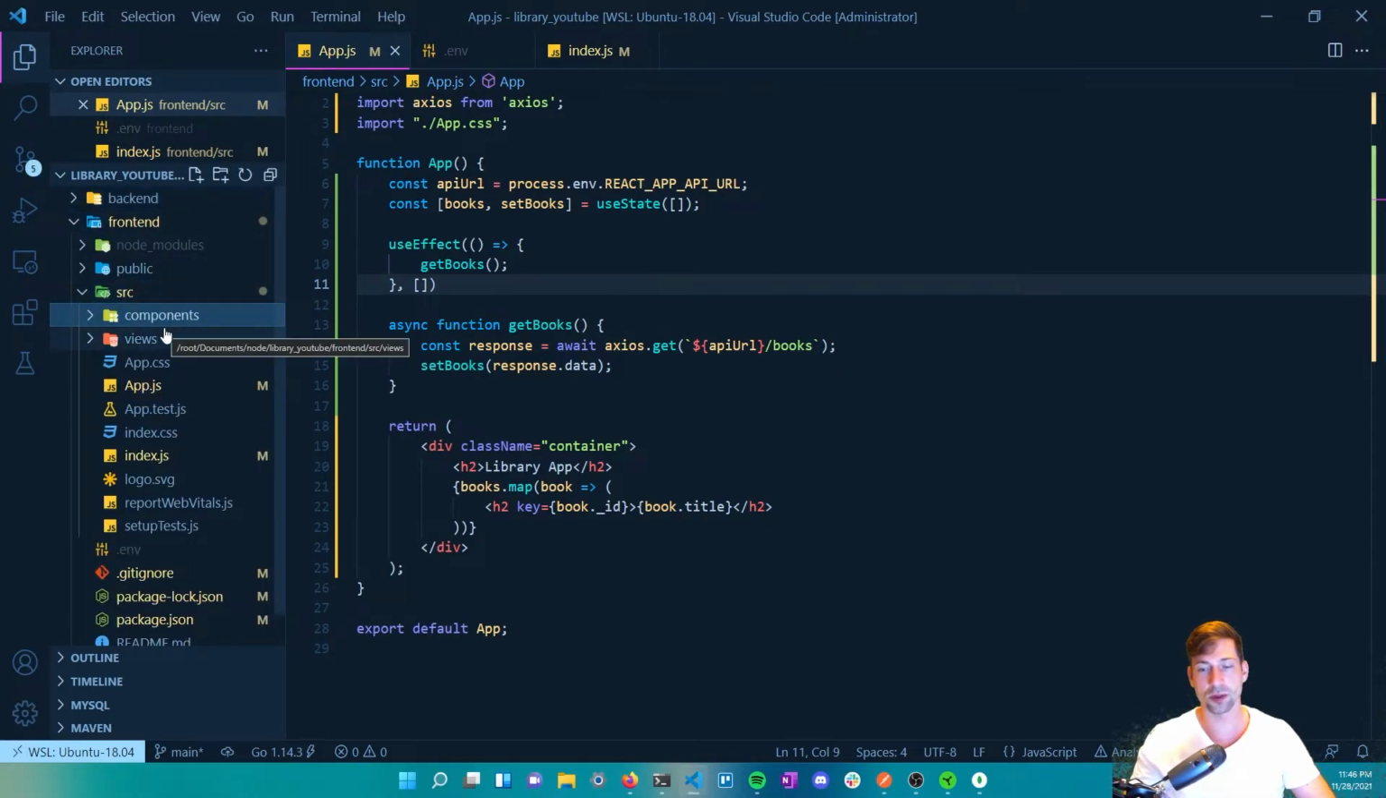So components are going to be, as it says, components that we're going to reuse. And then views are going to be components that are very specific to a view, meaning we're going to have a home view. Inside of the home view, we can have multiple components. We can have an about view, where the about view can have multiple components. And what do I mean by components? So for example,